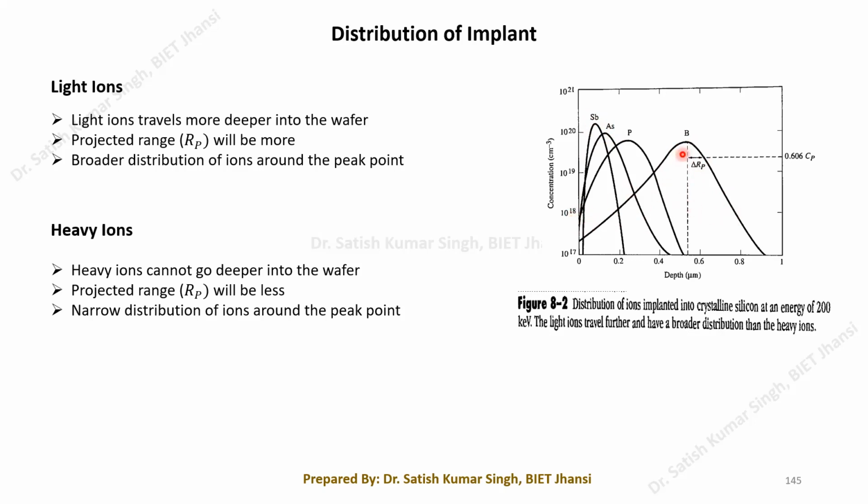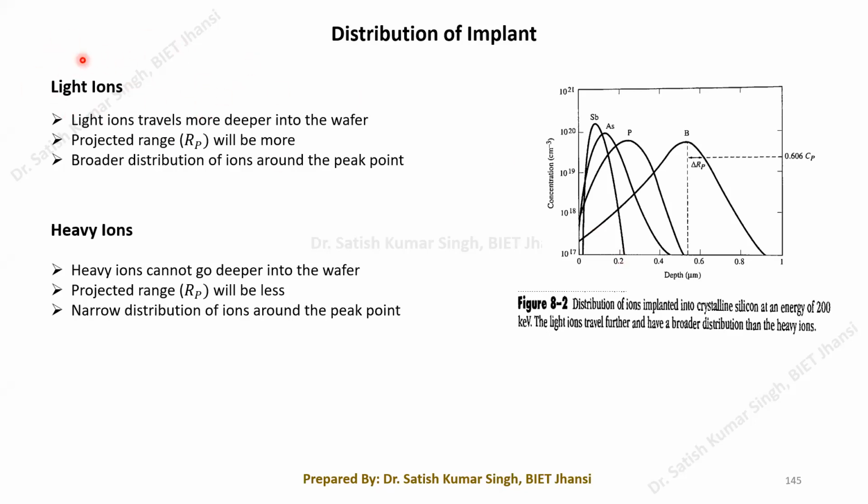You can see it is a broad distribution. But in the case of antimony, this distribution is very narrow. It has a very narrow distribution. So what we can understand from this curve is, whenever we have light ions,